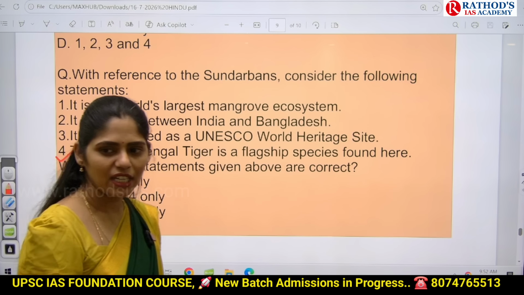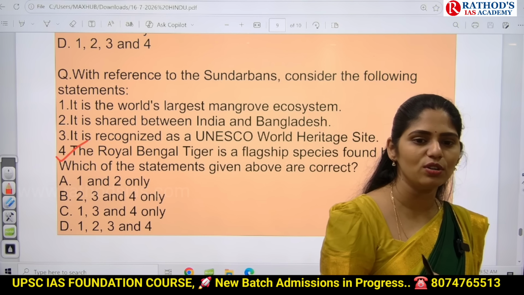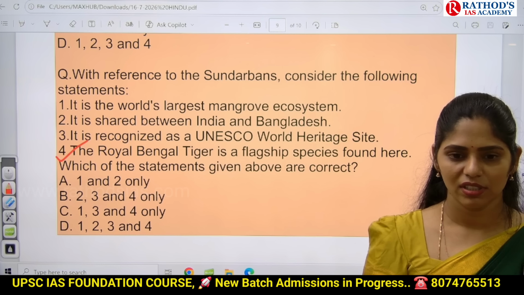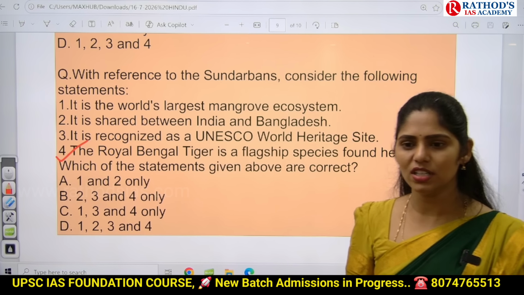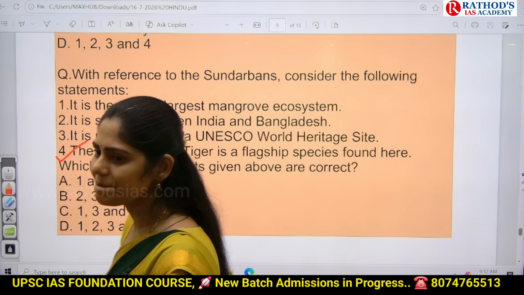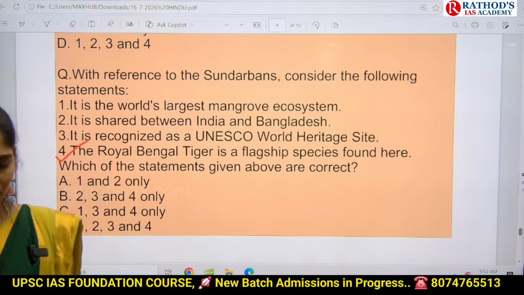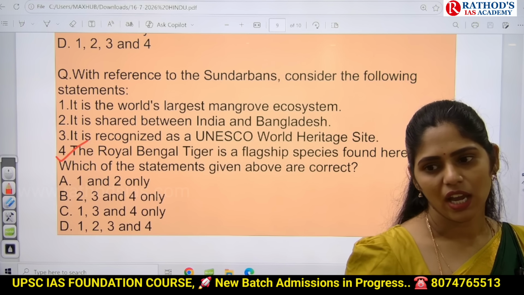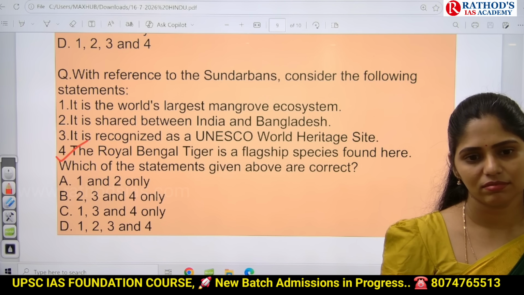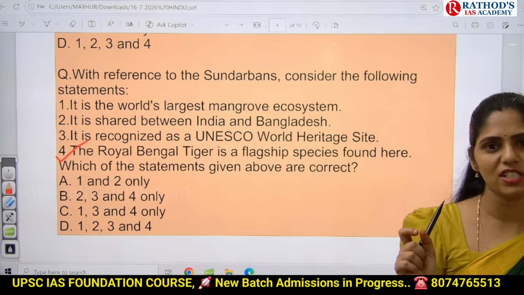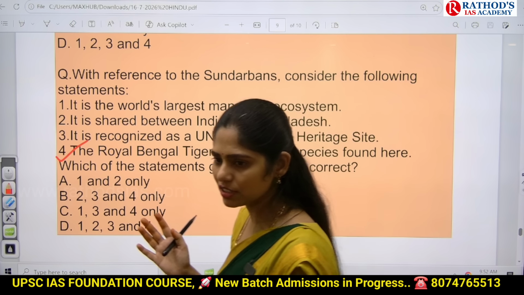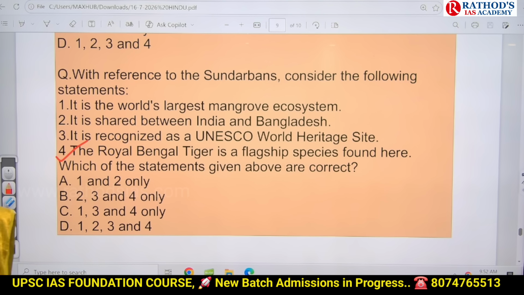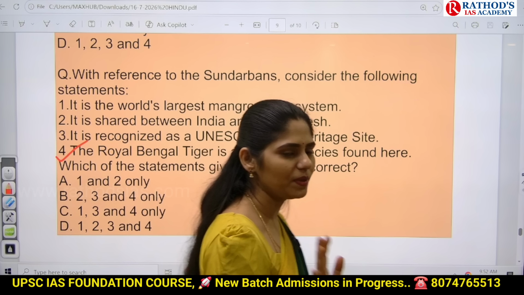So whenever you are seeing any national park or any ecosystem, try to see which animal is found there. For example, Gir National Park, Gir Asiatic lions, and grey hornbill. And Kaziranga National Park, one-horned rhinoceros. And one important river, recently we discussed about dolphins, Gangetic dolphins. And next one is crocodiles. So you have to see which area, because UPSC can ask you a question on that.